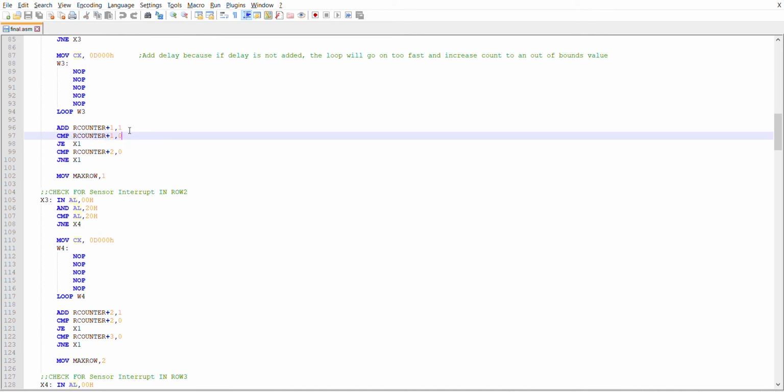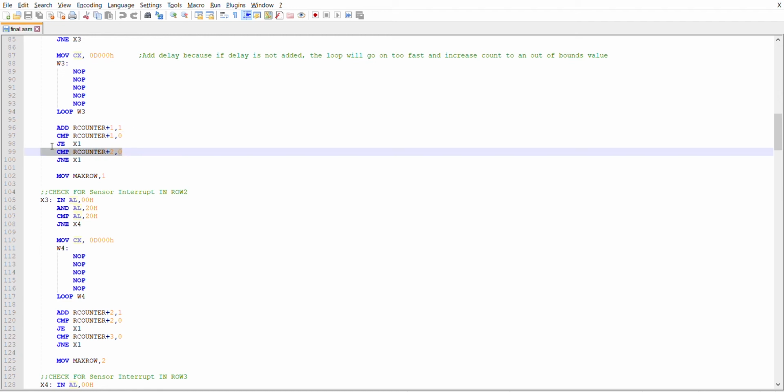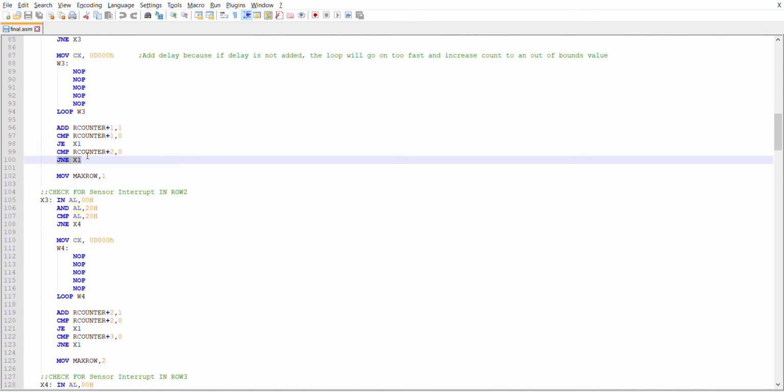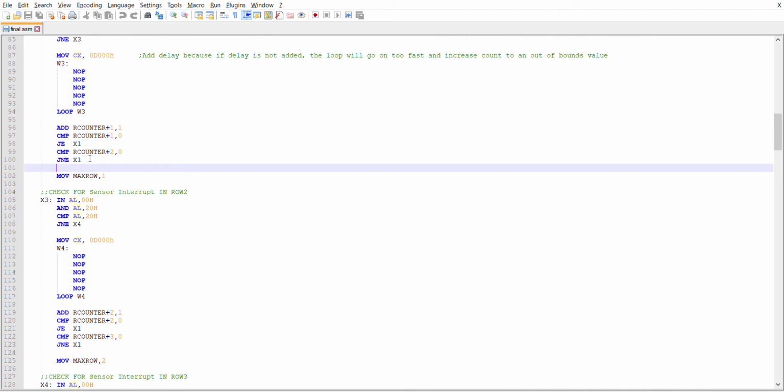Say the row 1 count was -1 before, you'll see why it could have been -1. If the row 1 count was initially -1, now it will be 0, and I don't want to update the max row value in this case. I only want to update the max row value if it's 1. We'll get to why it could have been -1 later. So if the row 1 count value is 1, then we check for the row 2 sensor's value in the array. I'll compare R counter plus 2 to 0, and if they're not equal, that means R counter plus 1 is actually 1, then